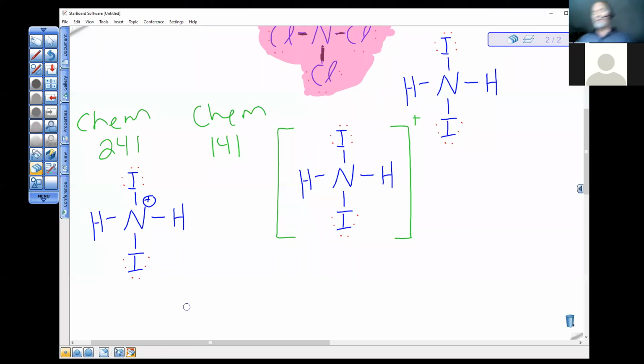Nitrogen has a formal charge of +1. Let me explain why. I don't know if they told you why. They told you how to calculate them. They had a formula. You take the group number, which was the Roman numeral 5, gives you a 5. You subtract the number of electrons that an atom has in the lone pairs, and then you subtract half of the electrons in the bonds. They didn't tell you why. Here's why. Formal charge